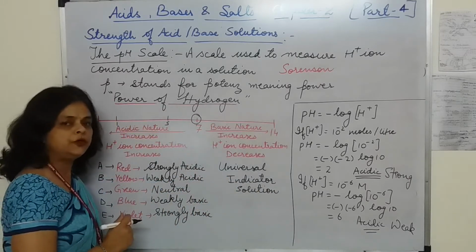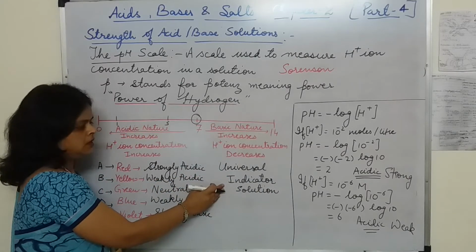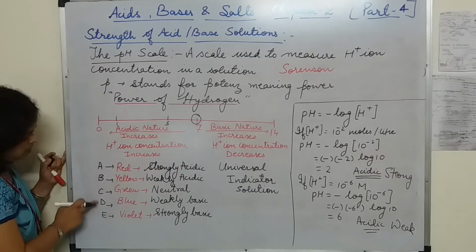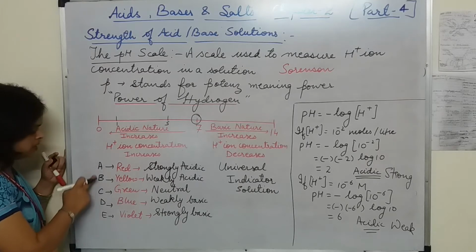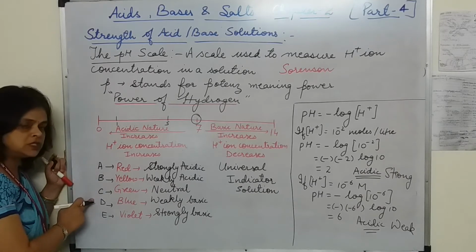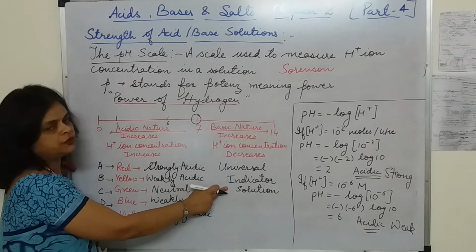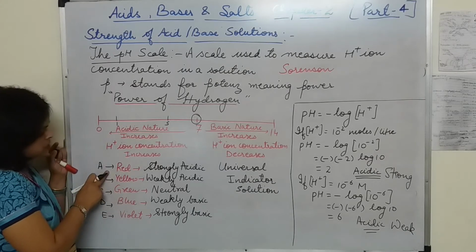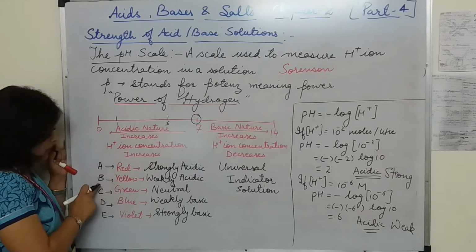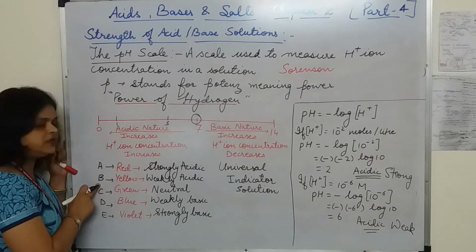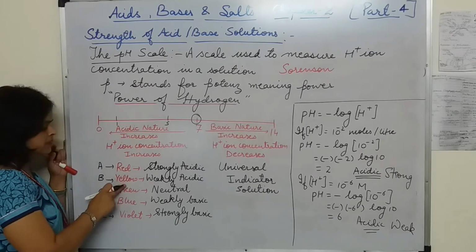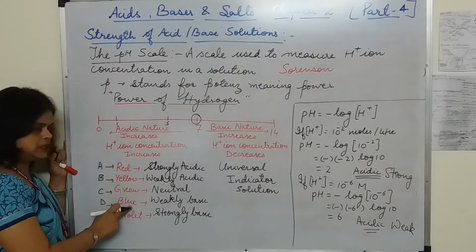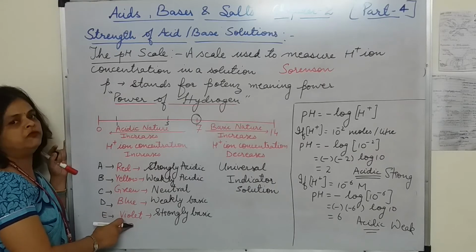In the laboratories, there is a universal indicator solution, students. Suppose we are having 5 solutions, A, B, C, D, E. Okay. Now to all these test tubes in which these solutions are present, we will add a few drops of universal indicator, to all of them. Now, in the first test tube, the color appears red. In the second test tube, B, it turns yellow. C turns green. D turns blue, and E turns violet.